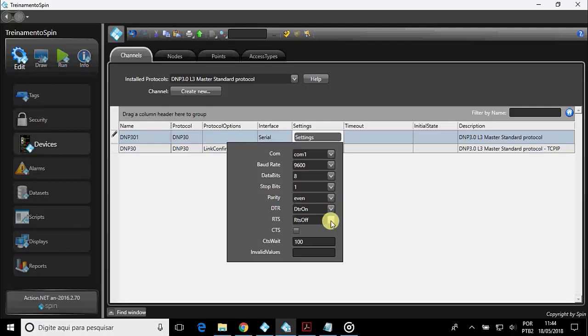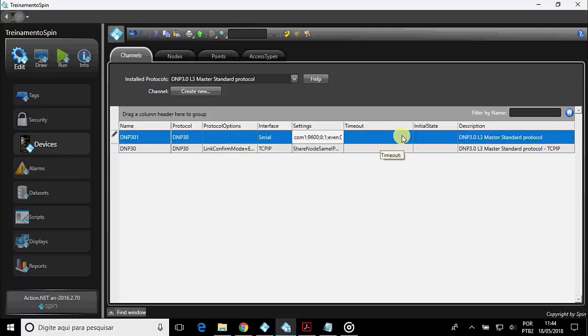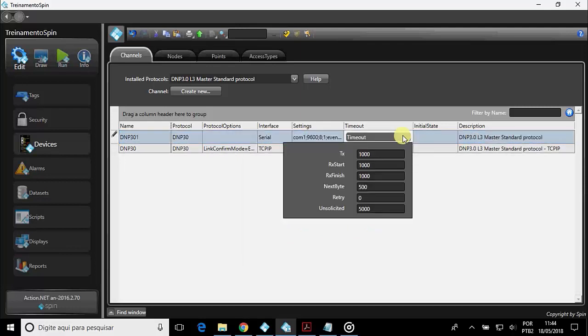RTS: if the request to send control signal is on, it is informing that the SCADA computer will always send a request to send control before starting to transmit a packet of data. CTS: if clear to send is ticked, the SCADA computer will wait for a CTS signal from the IED before sending the packet of data. In timeout, we set time limits for transmitting and receiving message characters, and the number of